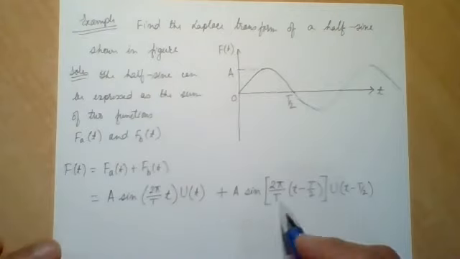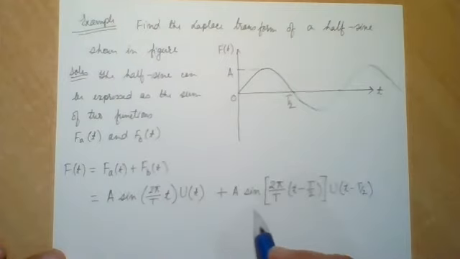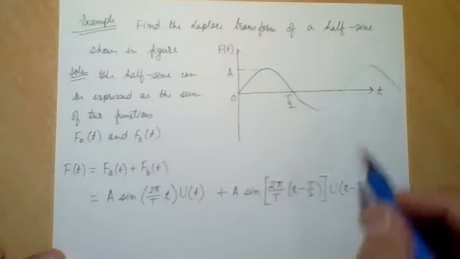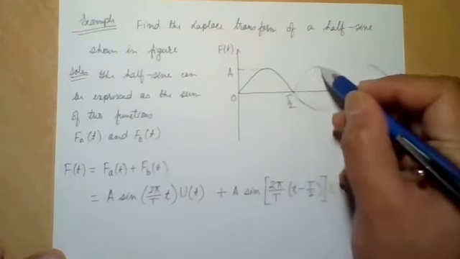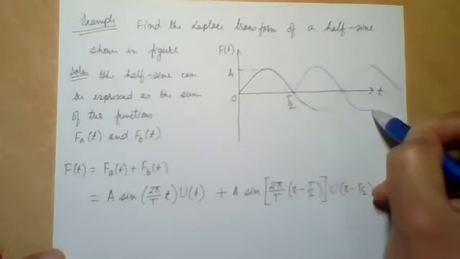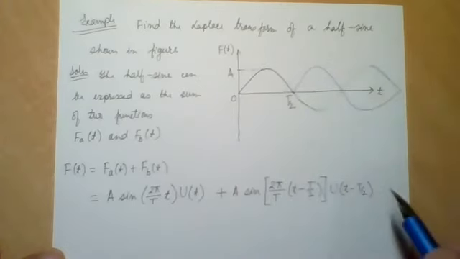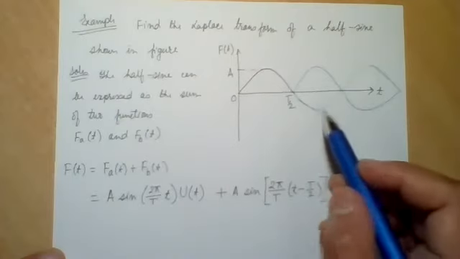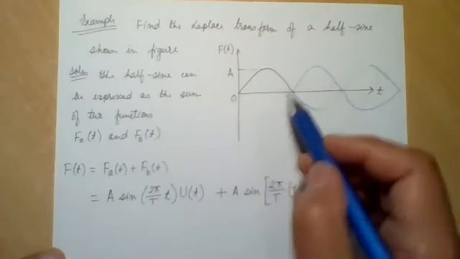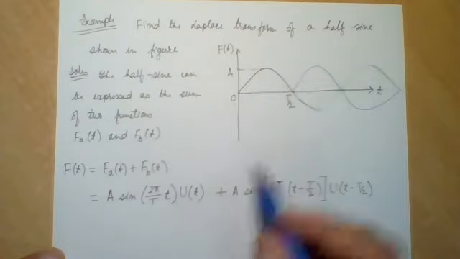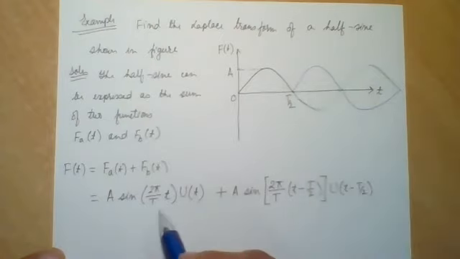Then this second function will go like this. So in this portion there is only this function, but in this portion we have the sum of these